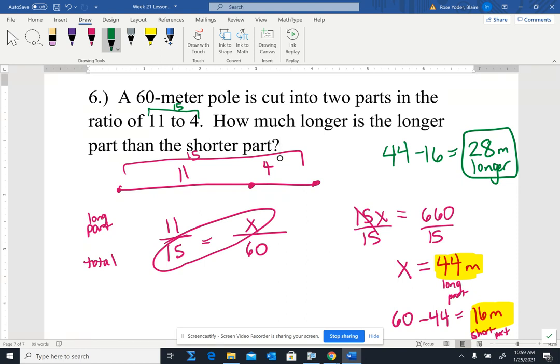So that's a good sampling of ratios and proportions. Next week, we're going to look at how scale factor and ratio and proportions all come together and take a look at similar figures. But for now, you're ready to do some